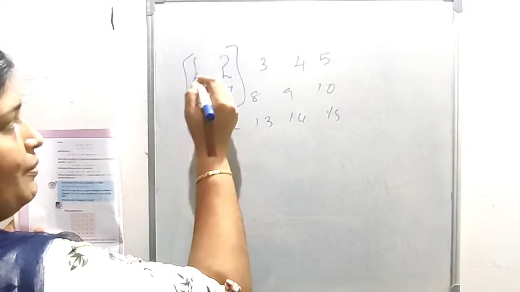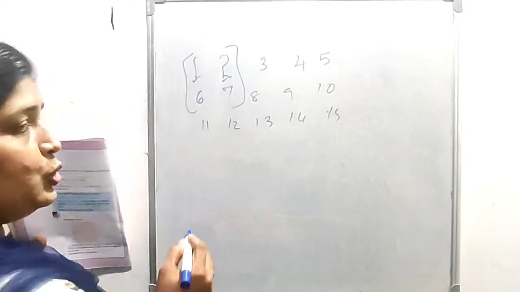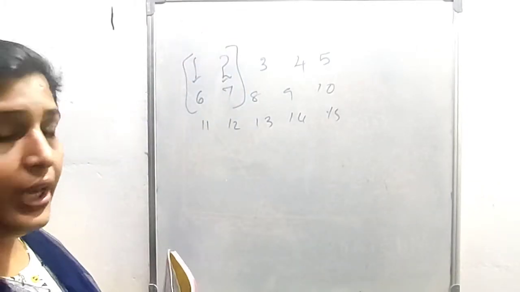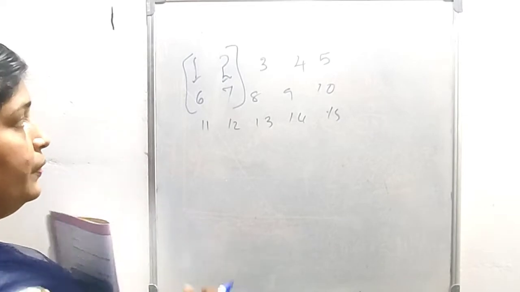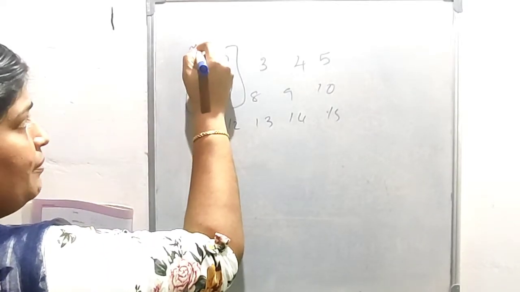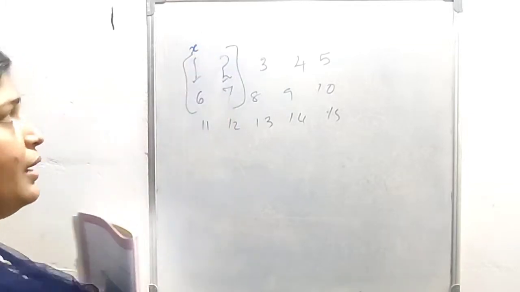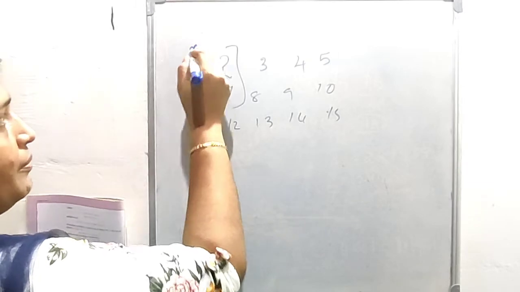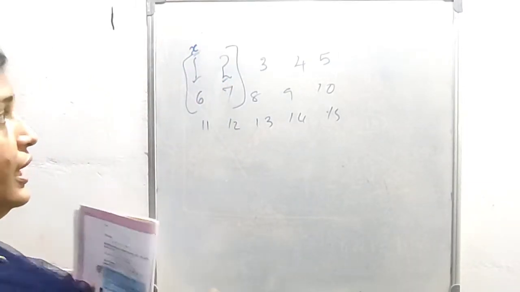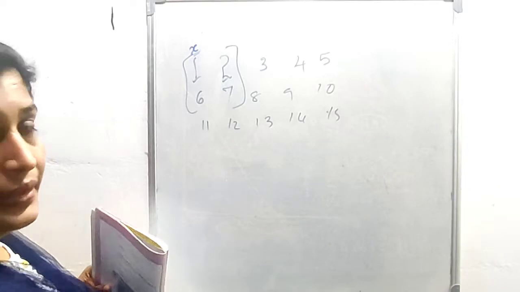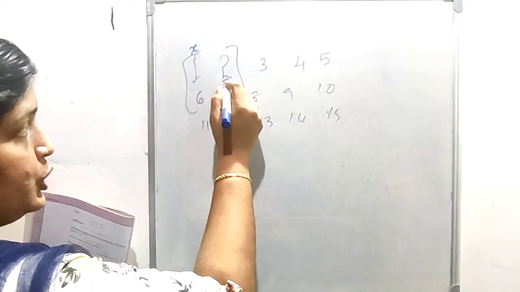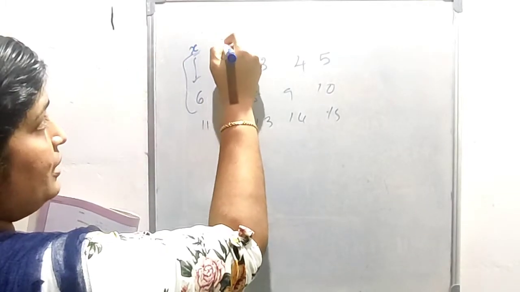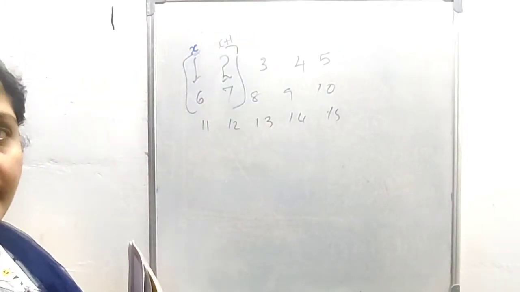Yes, the first number is 1, the second number is 2. This 2 is actually 1 more than 1. So, if we take this number as x, using algebra we are going to explain this. For that, here I am going to take the first number as x. Then what will be the second number? 1 plus 1 is 2. So if the first number is x, then the second number is x plus 1.